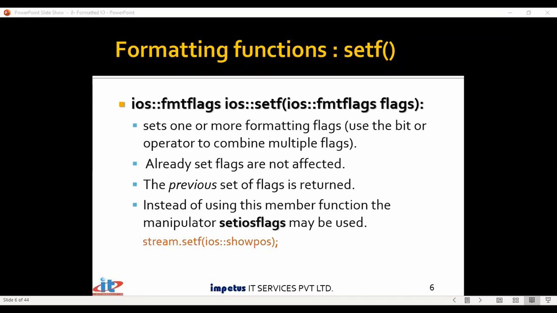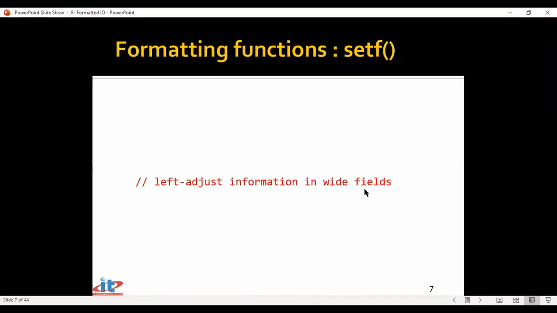You also have an additional function called setiosflags. Now, setiosflags can also be used, but that will be used along with manipulators. Right now we are not talking about manipulators, so we'll focus only on setf. And how do you use it? You just say stream; your stream object could be cin, cout, whatever object it is. As I have shown in the last statement, I say stream.setf, and whichever flag you would like to turn on, you can pass it over here. In addition to this, we have an additional function.